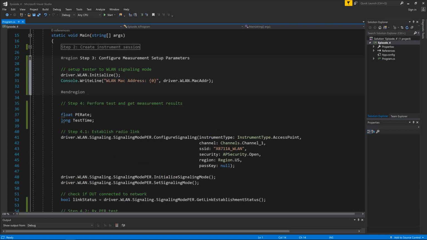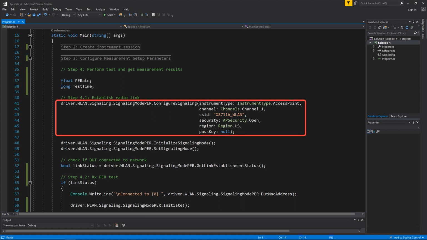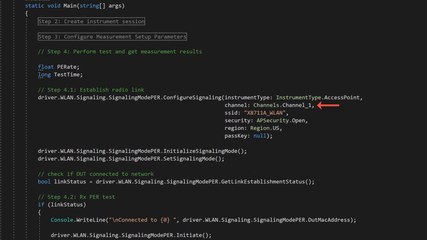This begins with calling the method wireless LAN initialize to set up the tester to the wireless LAN mode. To perform a RX-PR test in wireless LAN, first the tester needs the DUT to join the network. The method configure signaling is used to set up the radio network parameters of the tester, such as the frequency channel to be connected, SSID to be broadcasted, and the connection credential information. The tester can act as an access point or station by defining the instrument type. In this example, it is set up as an access point that will allow station type DUT to be connected